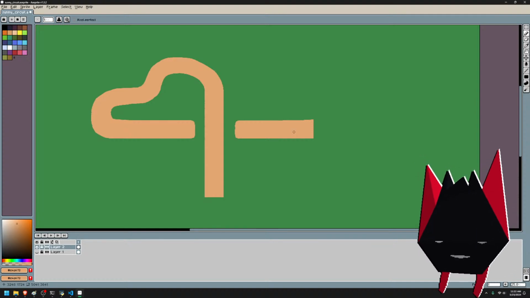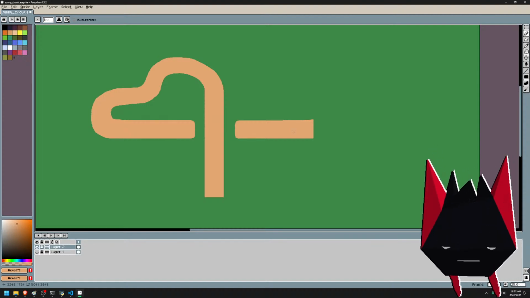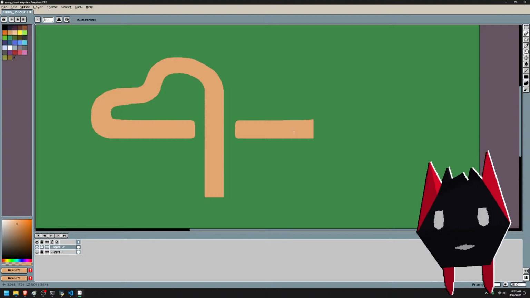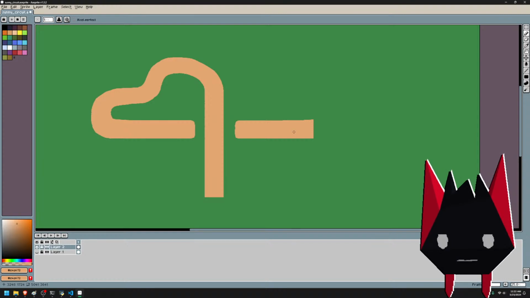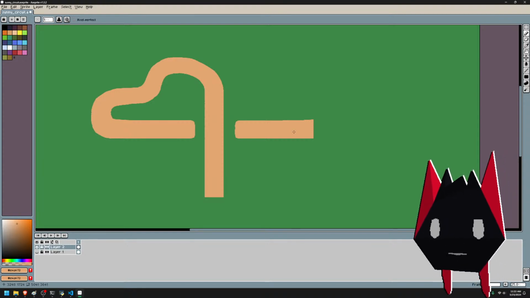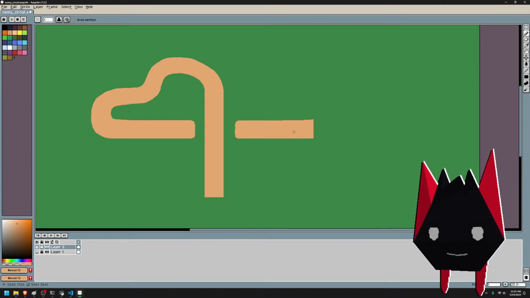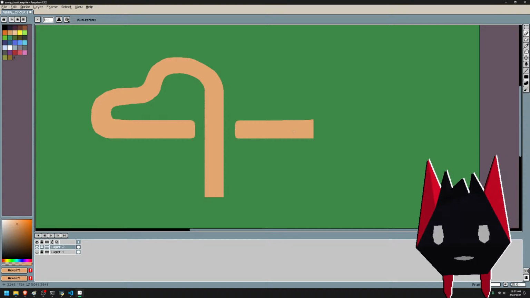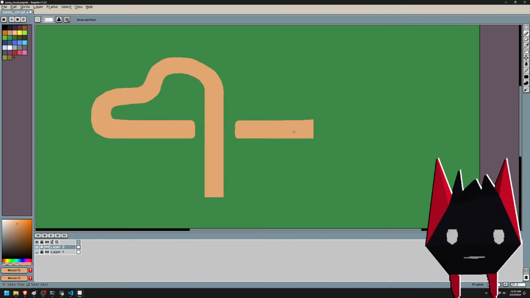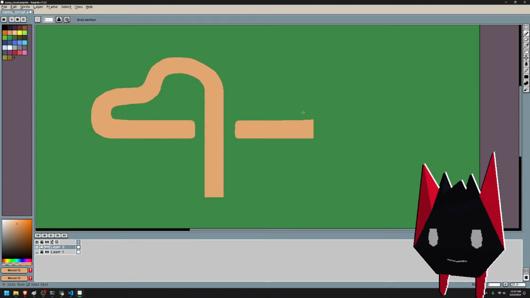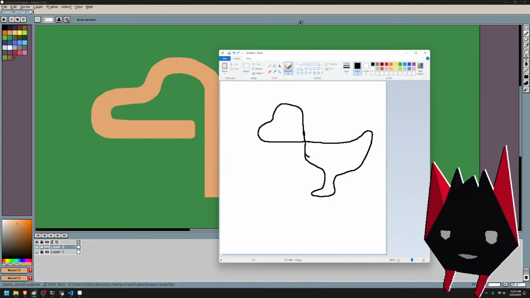So the actual layout of a track, the top-down perspective layout, they can just coincidentally be almost the exact same between multiple games, as long as they're small enough, just because there's not very many options. It's like a figure 8 track, for example. There's tons of games that would have that, and then there's a variation on a figure 8. So turning it into a duck is going to make it quite different from a lot of figure 8 tracks, but